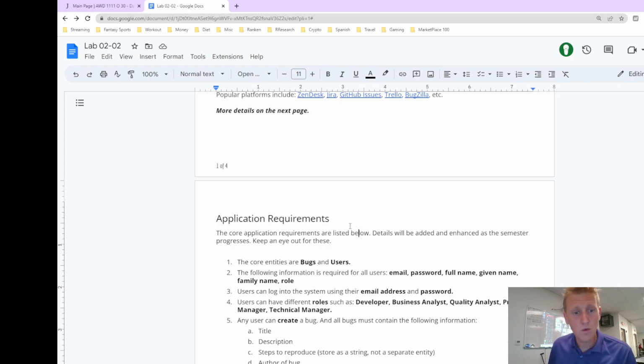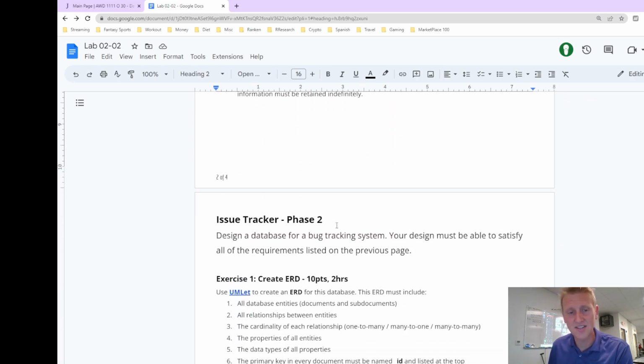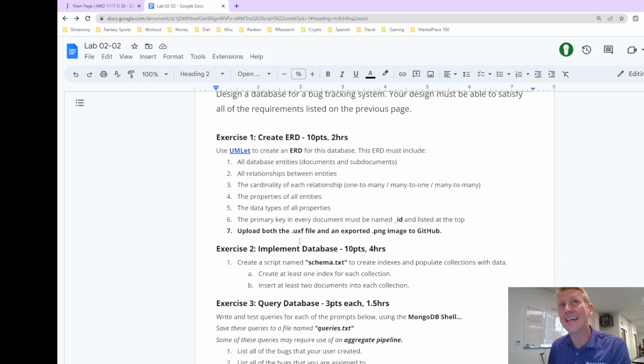Now, what I recommend everyone do is look at these application requirements. Some of these do apply directly to the database, and that's what this assignment is. This is beginning the database design. Okay, so